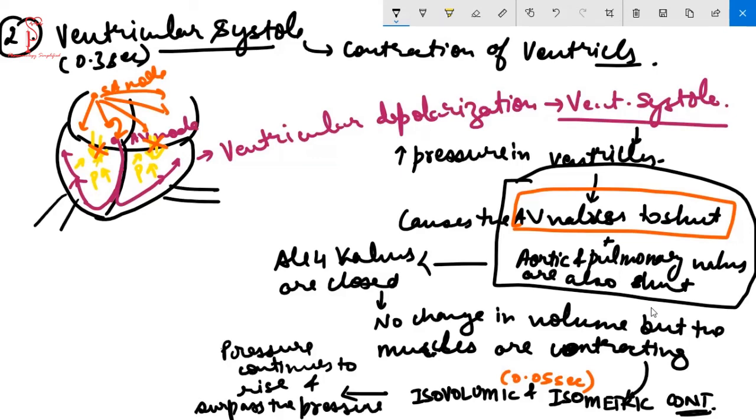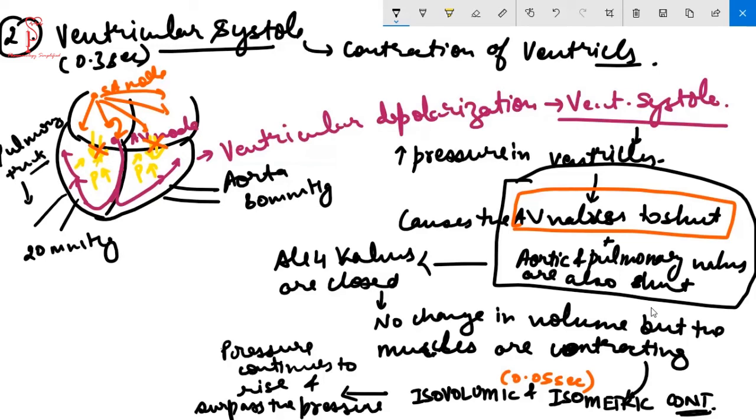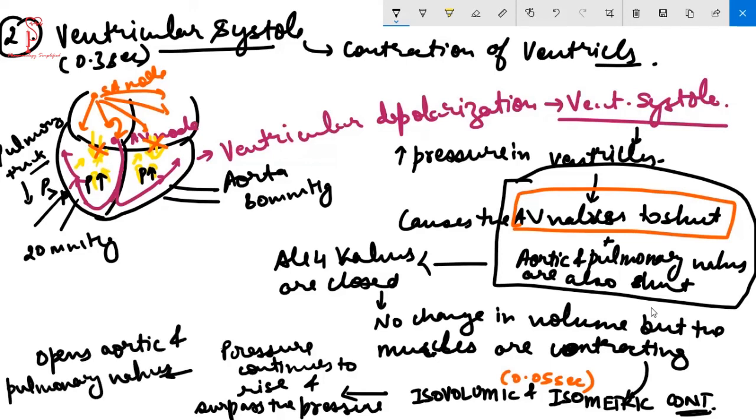Pulmonary trunk originates from the right ventricle and the aorta originates from the left ventricle. Pulmonary trunk sends the blood to the lungs and it holds about 20 mmHg of pressure of the blood, while the aorta holds about 80 mmHg of the blood pressure. So this increase in the pressure in the ventricles leads to the opening of the aortic and the pulmonary valves, and this leads to